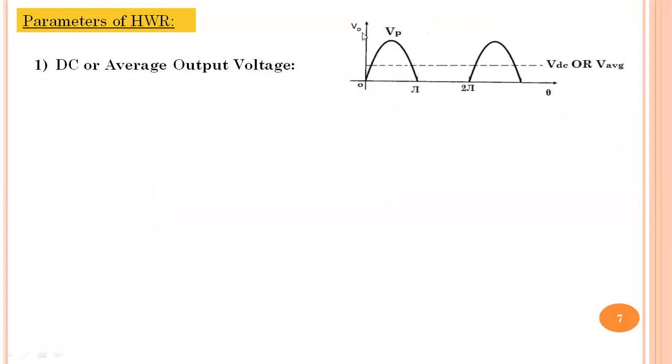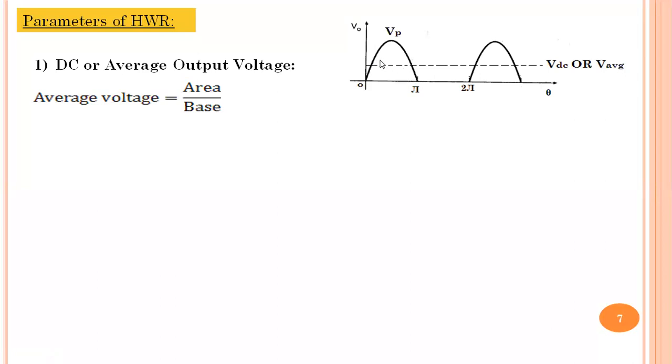If you observe the waveform of the output versus theta or time, because theta equals omega t, theta changes as time t changes with every rotation of the AC cycle. A single cycle from 0 to 2 pi we can divide into two half cycles, 0 to pi and pi to 2 pi. Here, this voltage is a varying one. It varies from 0 to the peak value, comes back to 0, remains 0, and again repeats for every newly coming AC cycle. So here, this voltage has n number of values. You must find the average of those values.